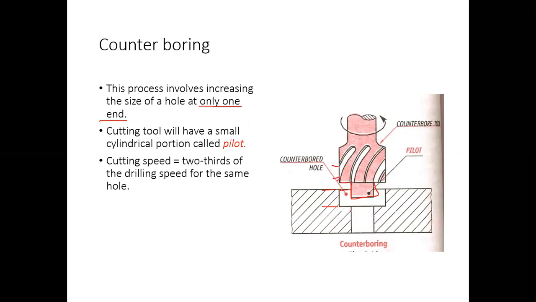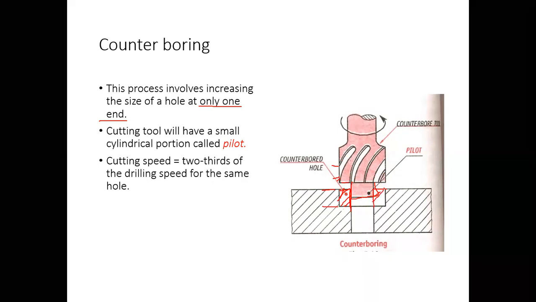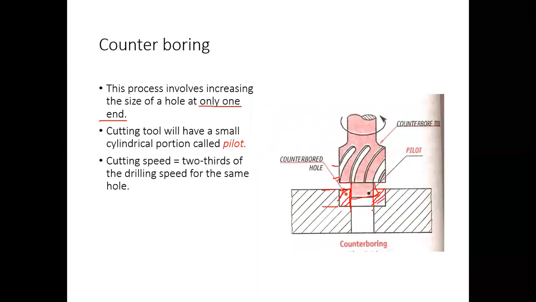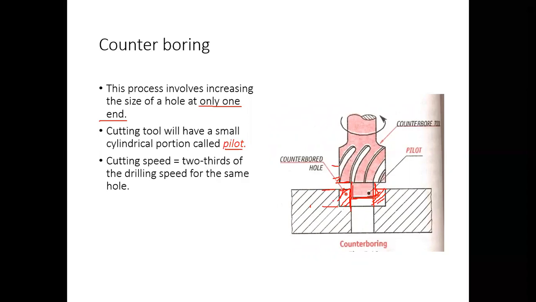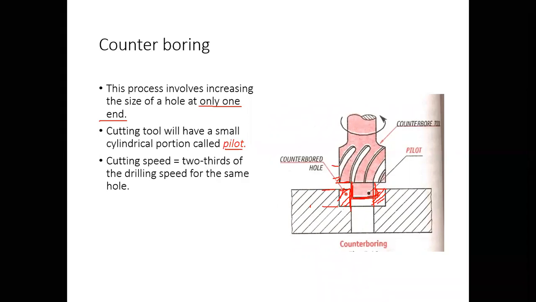If you see here, initially you have material in this portion, right? You cut this material using this cutting tool, and the pilot simply goes into the hole. The pilot is not doing any cutting operation. It is there only to give support. When it goes and fits into the hole you get more support, and this portion removes the material. So the pilot is a small cylindrical portion, and it is required only sometimes. Only if you want to cut a very strong, very hard material is it required. For normal material, this kind of pilot is not required.